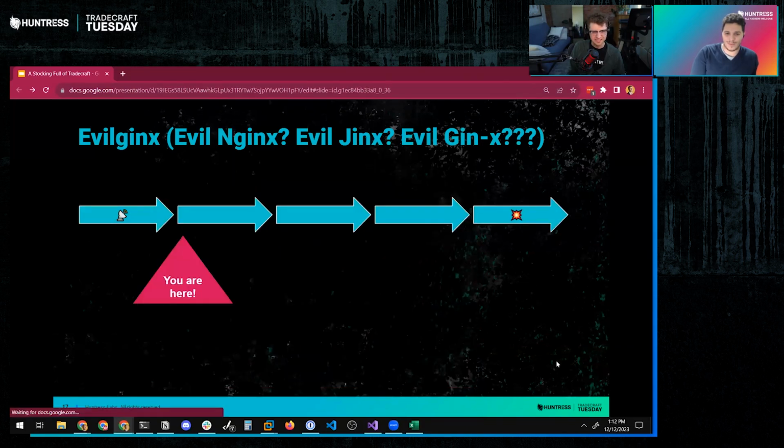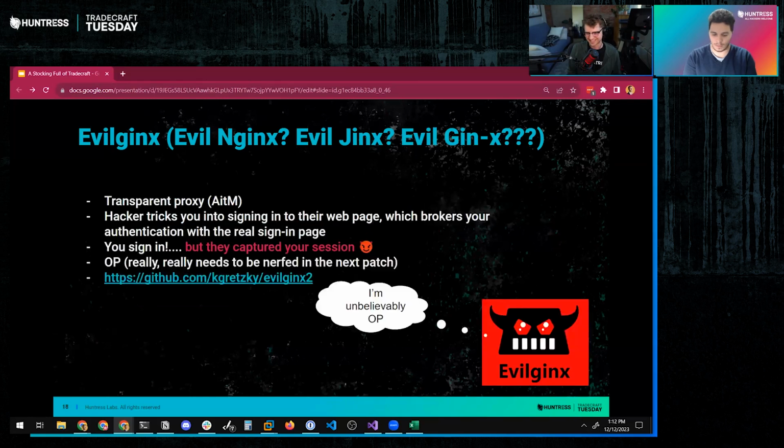This is my very unscientific graph as to where you are in the attack chain. Notice that there is no labeling on this. It's just basically, without any specific identifiers, where are you in the scope of the attack at this point? And this is pretty early on. This is as an attacker, after you have scoped out the environment, but before you have actually gotten access to the environment, you're going to be running some kind of Evilginx attack.